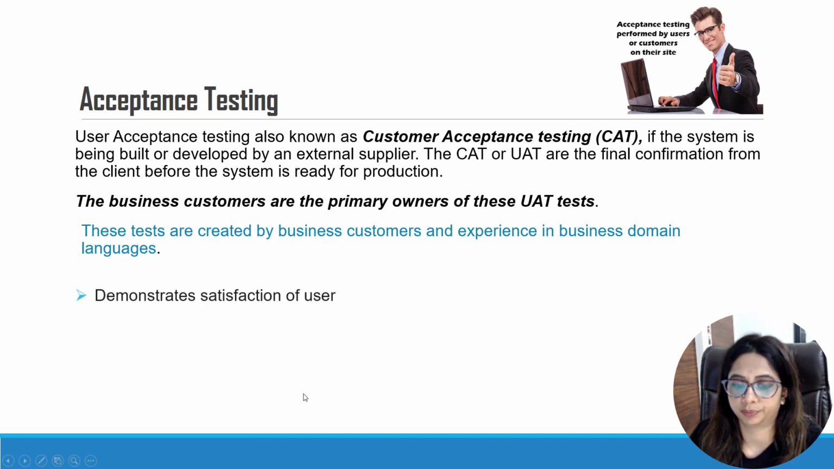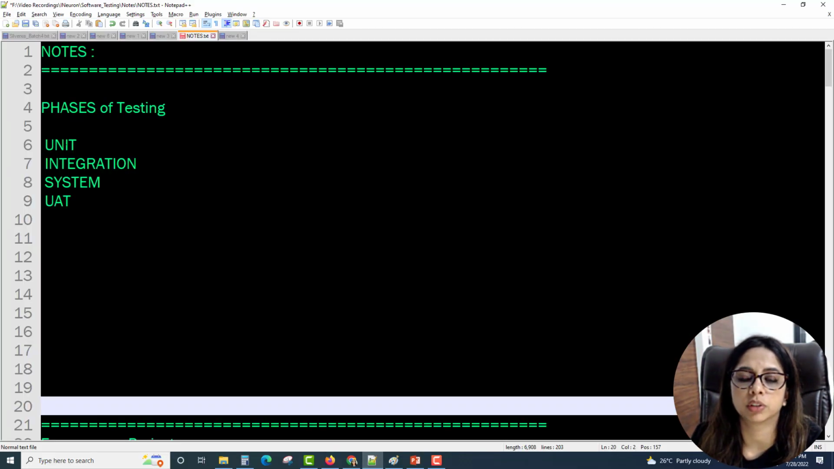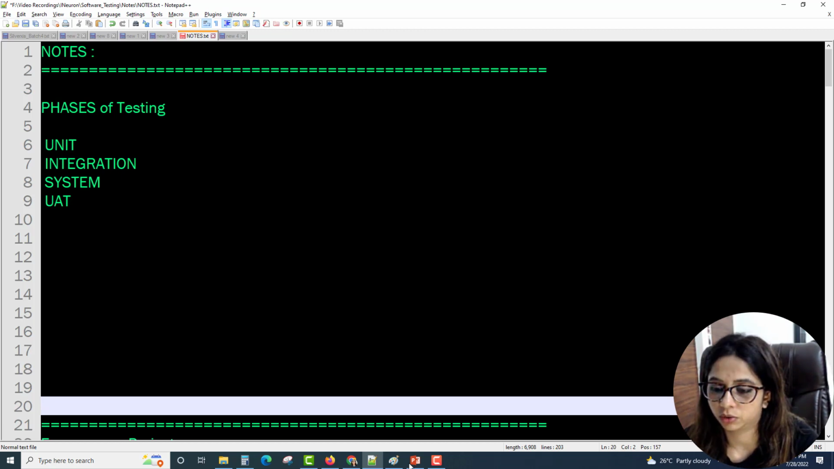Before proceeding to the UAT, I'll show you the notes wherein we know that the phases of testing are first unit testing, then we do integration testing, then we do system testing, and finally after the system testing is passed and there is a go ahead from the system testing team, we do UAT testing. So the prerequisite of UAT is to get a go ahead from the system testing team. Now going back to the PPT,